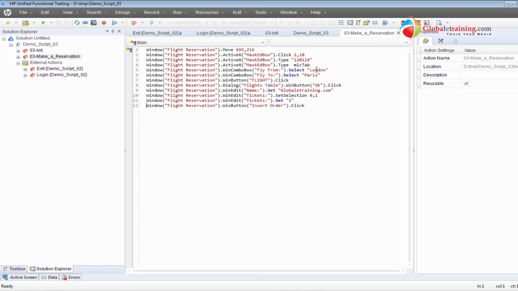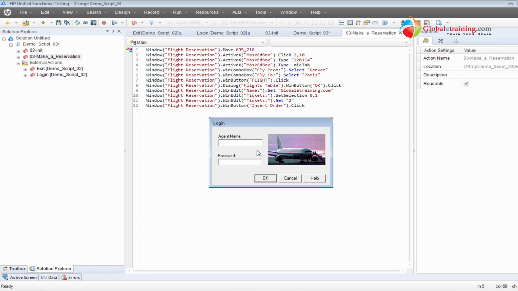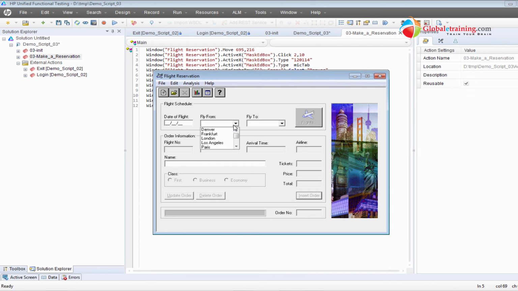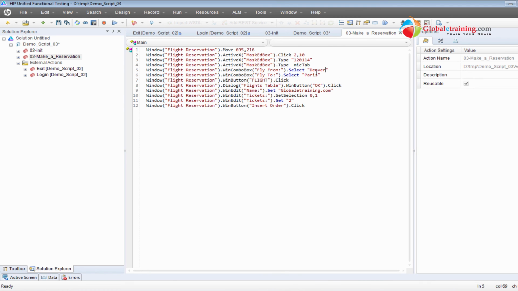Say for example, instead of London, I could maybe use Denver. I believe it's a valid city there. Let me check that real quick. Okay, yeah, Denver is there. So I changed the city. I can change it to London here,